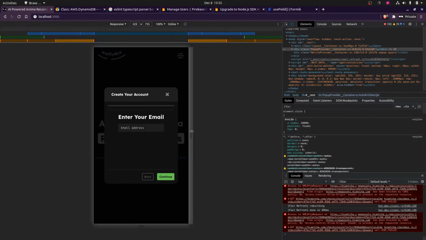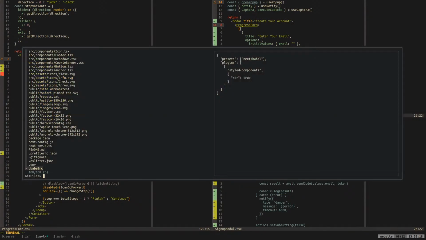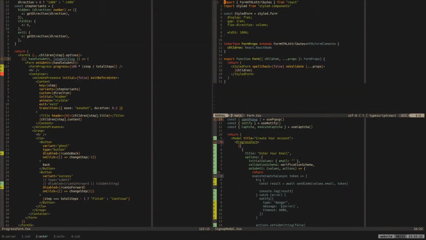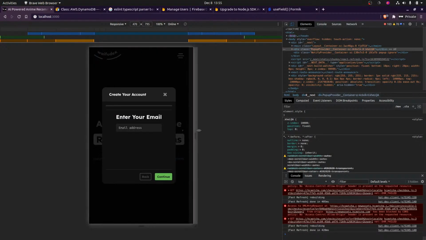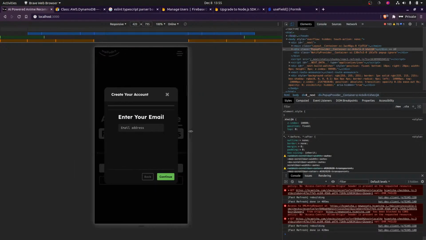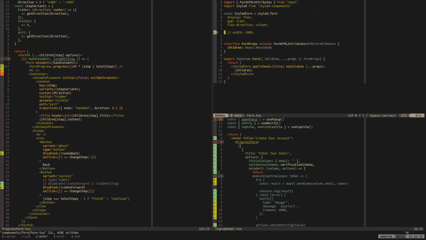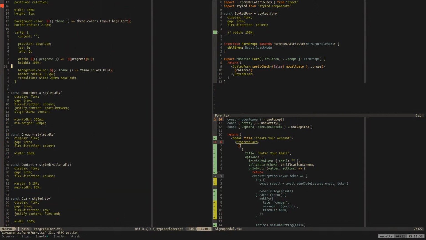Okay. So, what's the problem exactly? We're going to need to look at our form. We have width 100% everywhere. Oh, it's because the container doesn't want to shift, I think.